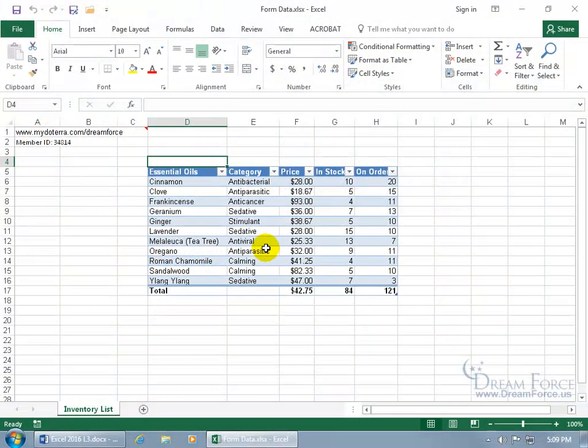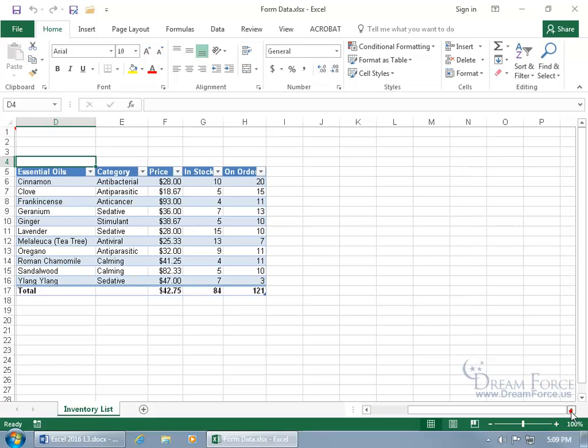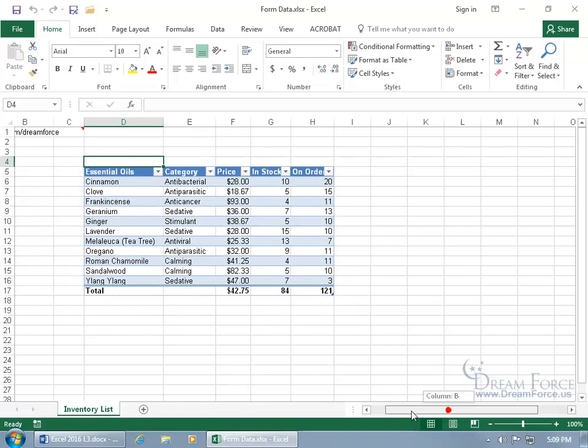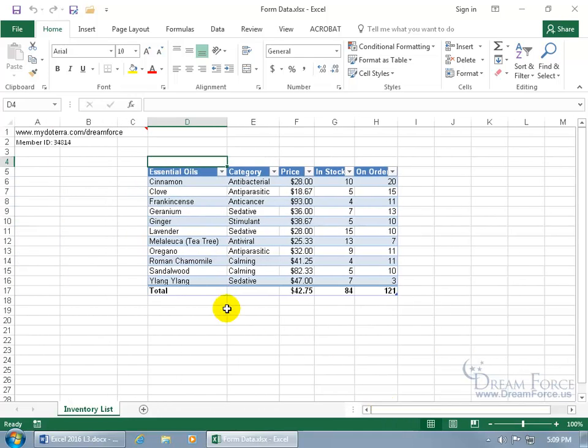The Form Data feature is used to help data entry into worksheets with many columns quick and easy. Well, I don't have many columns, but you can imagine if you had quite a few columns where you had to scroll over to be able to see the rest of them, and then the others get cut off. And also when it comes to entering in data, well, instead, let's go ahead and use that Form Data feature